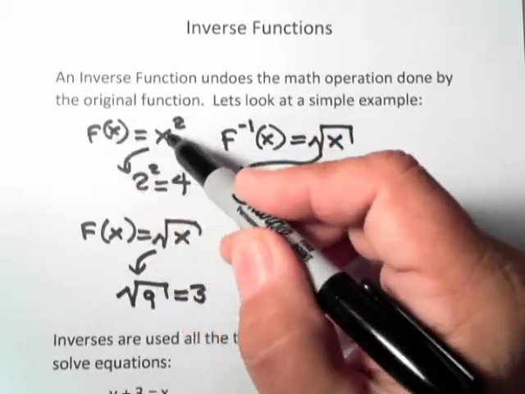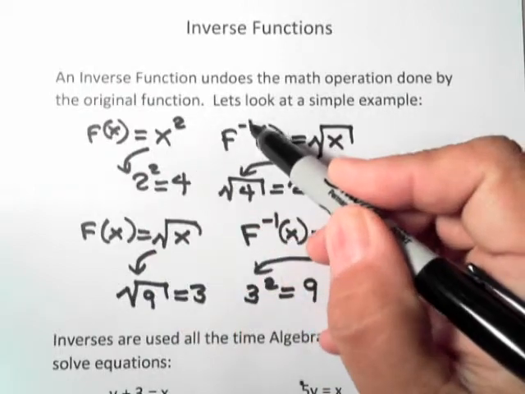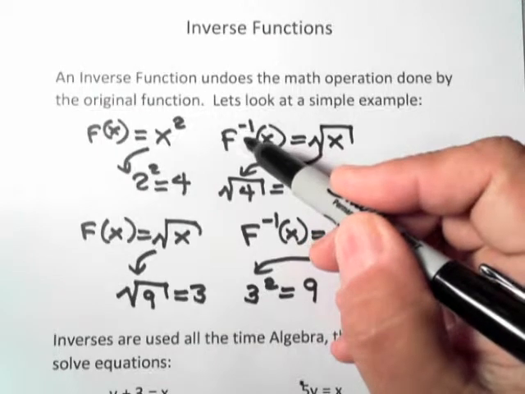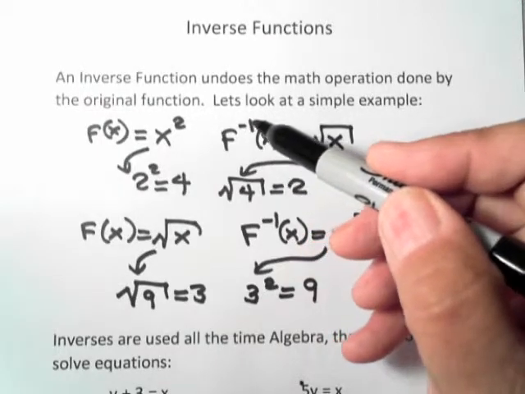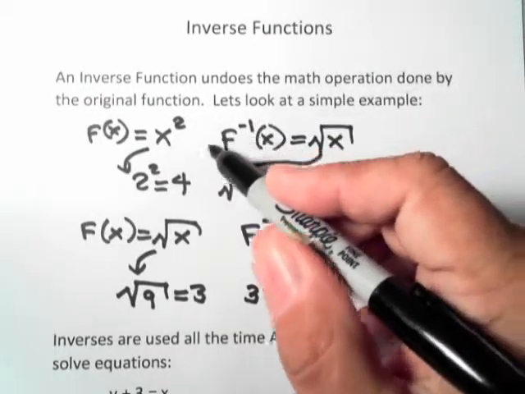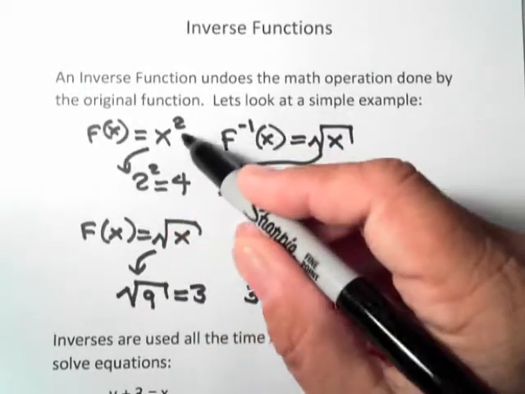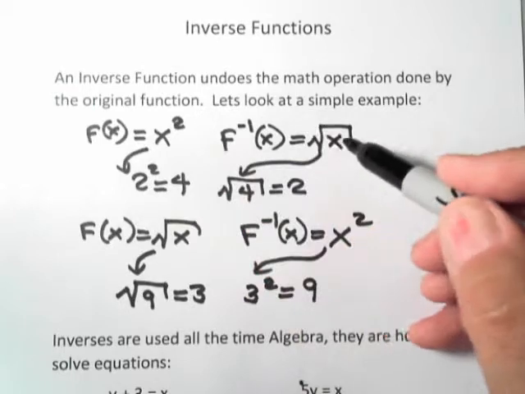So if you have functions defined here and you see something like this, you just have to realize that means it's the inverse guy. It's not a negative exponent. Well, okay, if the original function is x squared, the inverse has to undo the square, and that's the square